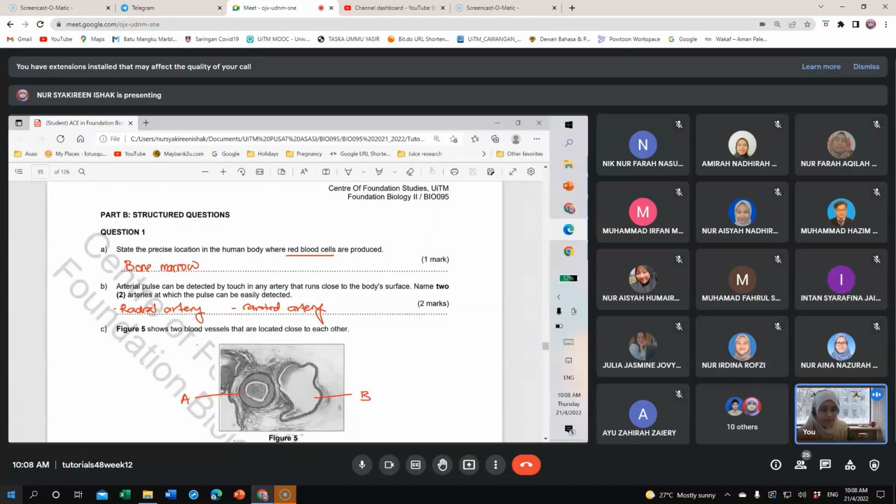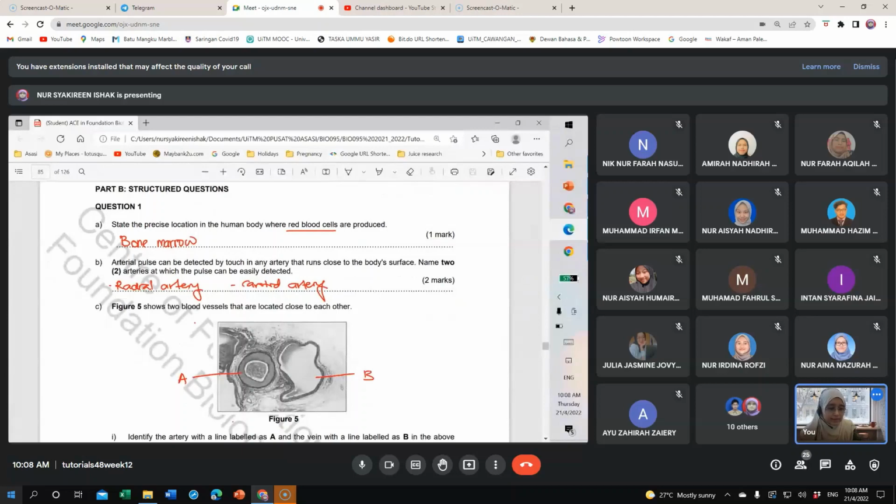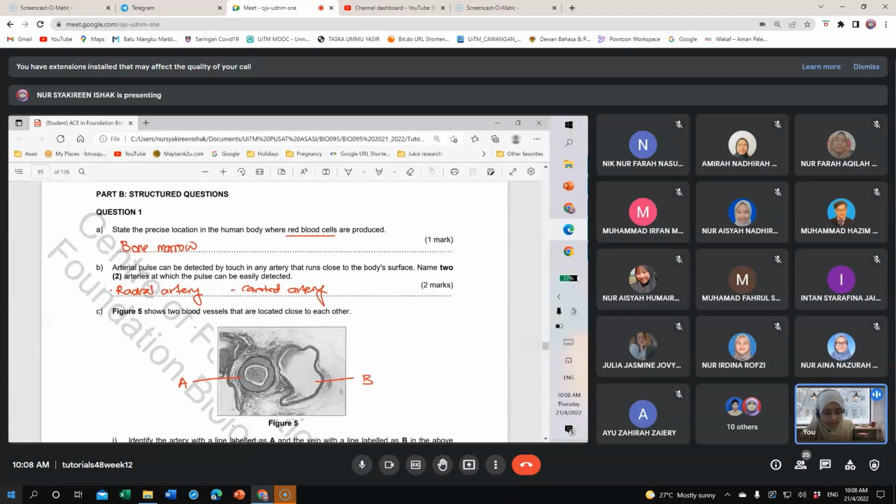Okay, so we can go through the questions one by one, and check your answer lah. Okay, right? So bukan yang macam the usual where you give me the answer. Yang ini kita akan you are going to check whether your answer is correct or not, so that flow tu lebih cepat, right? Okay, so part B, question number 1, it says here, state the precise location in the body